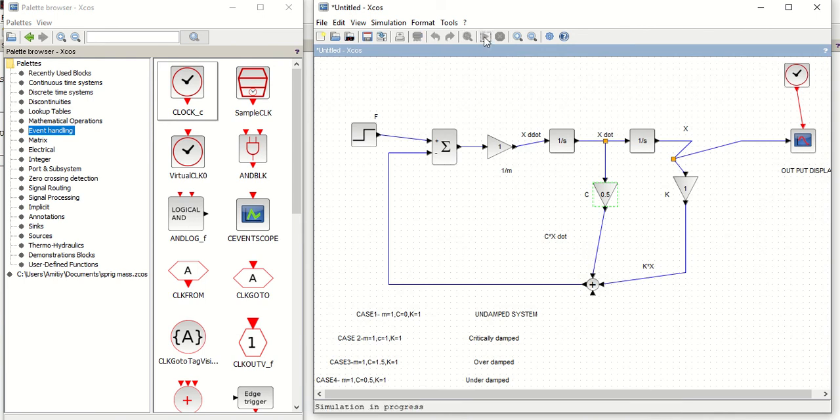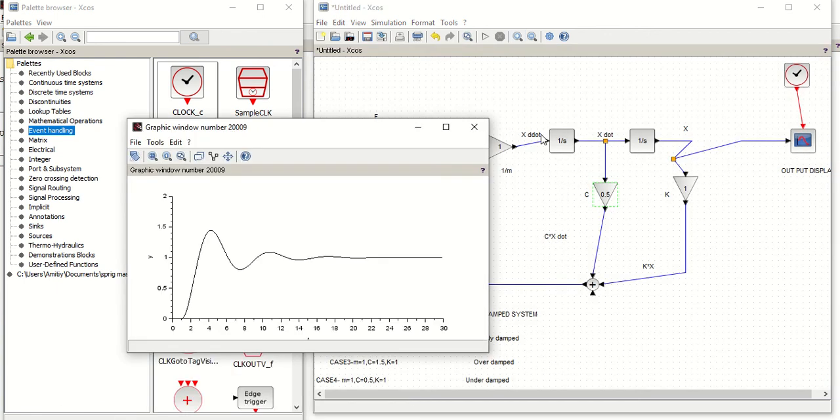So here we can see how our responses are changing and stabilizing. Here you can see this is a combination of two types of responses. The first part is called the transient response and the other part is called the steady state response.